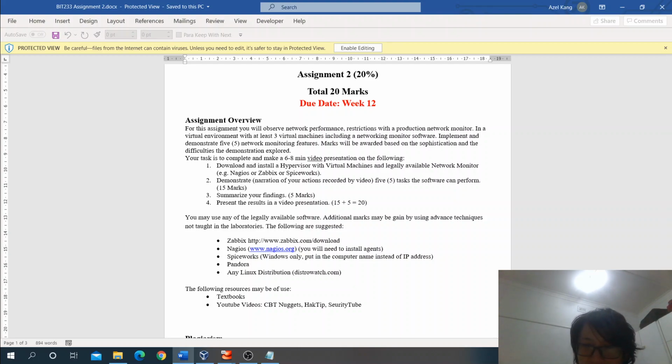My name is James, and today in BIT233 assignment 2 we are going to take a look at the network monitoring software. As you can see, we are supposed to download a hypervisor with virtual machines, demonstrate 5 tasks, summarize our findings and make a video about it, using legally available software. The software I decided to use is Nagios,